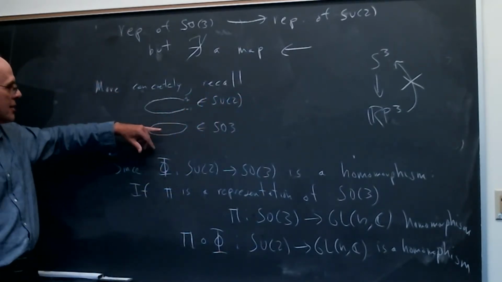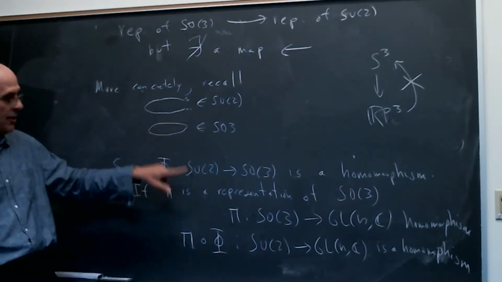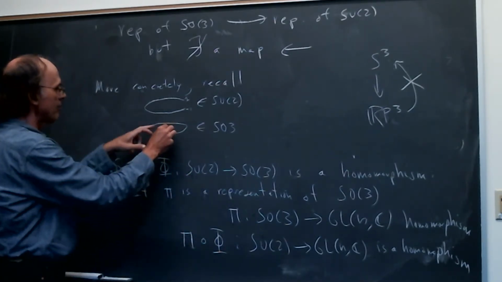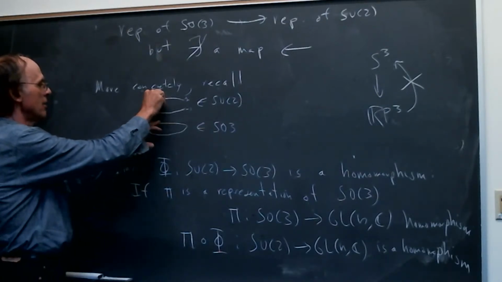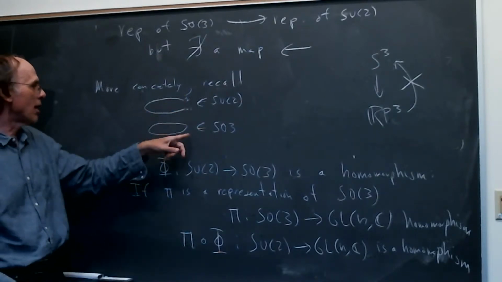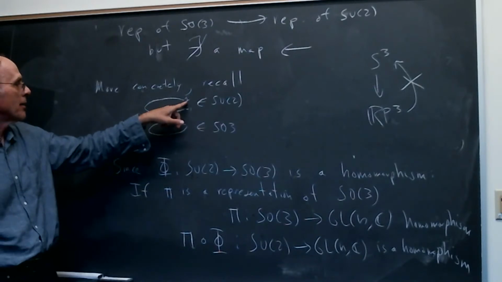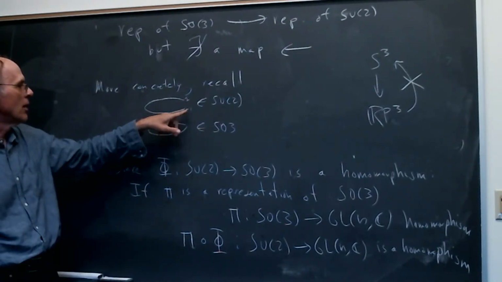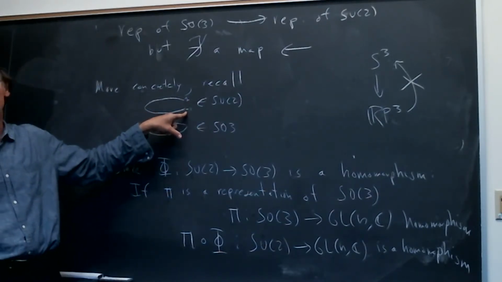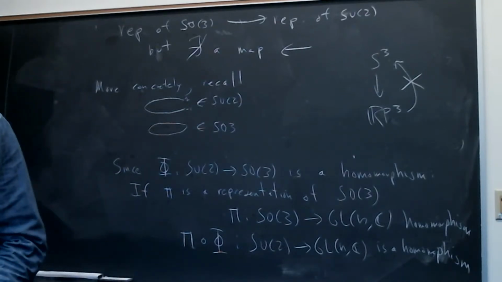So if you try to take your map pi here and lift it, then when you come back, you're supposed to come back to the same thing, but here you don't know if you've got the identity or minus the identity. And so the concrete way of saying the problem is that you get,